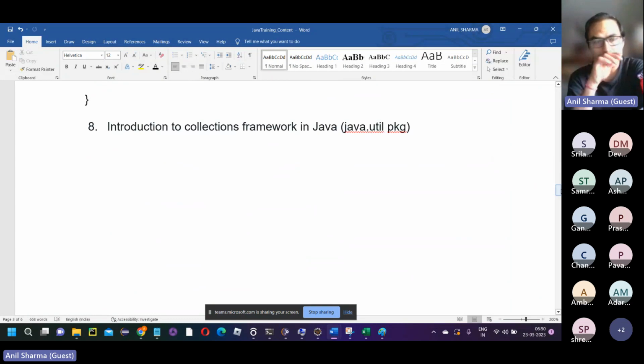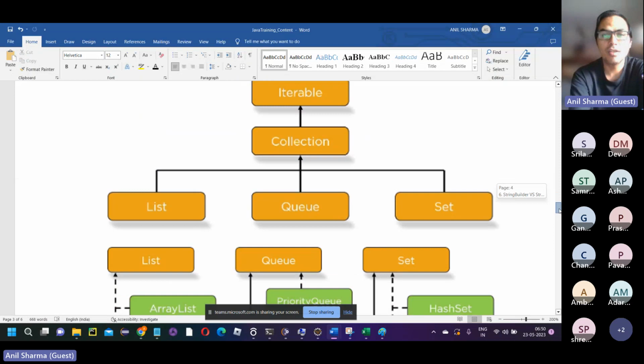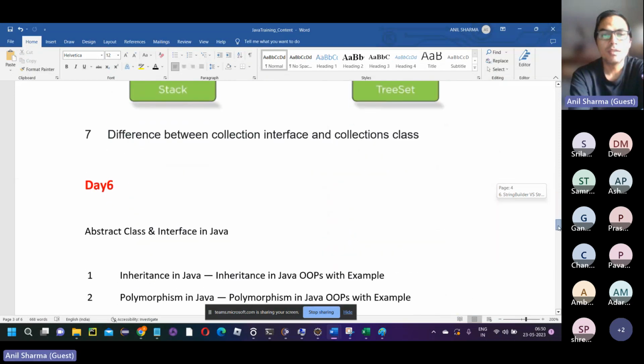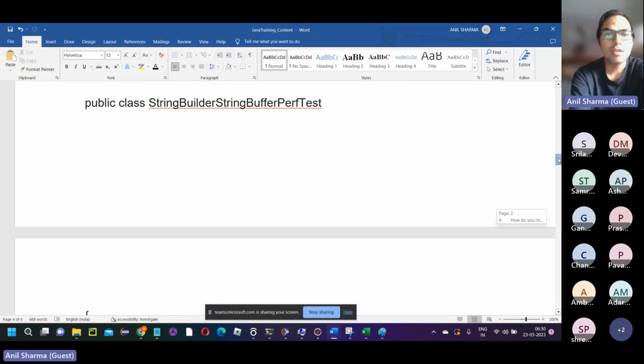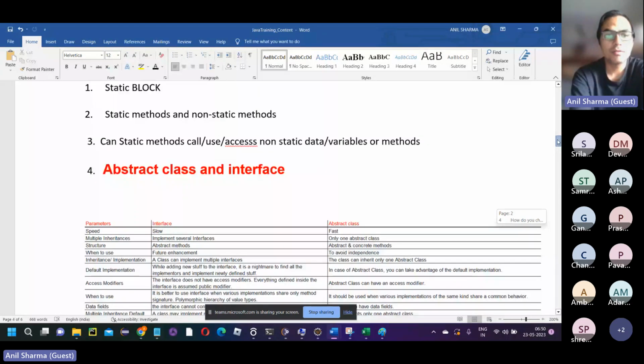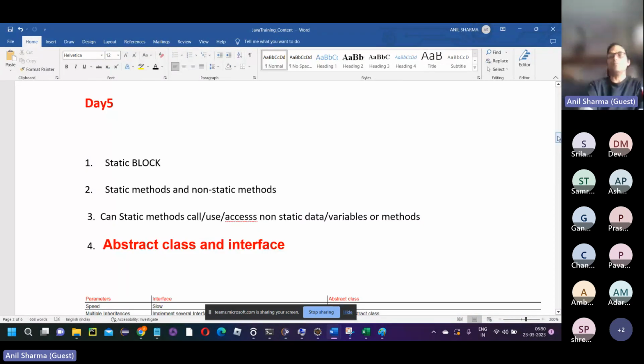So we all know Java's core is the collections framework, which is this tree, right? And then what is the difference between the Collection interface and the Collections class? So more on Java, which is very, very important. Let's go ahead and start with the static block. Right, so let's open Eclipse